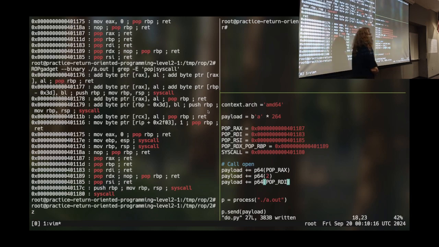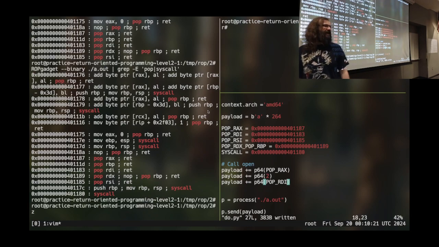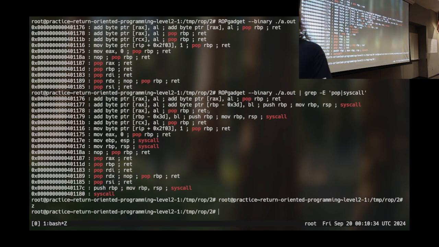Okay? So what I need is a pointer to something that is a string. Right? Does it need to be /flag? If I make a symlink named A, does it have to be A? Well, if my symlink's A, the answer is yes. But I could change the name of my symlink, right? So let's, instead of setting our symlink first, let's think about what strings are already in this binary, right? There's probably something we can use.